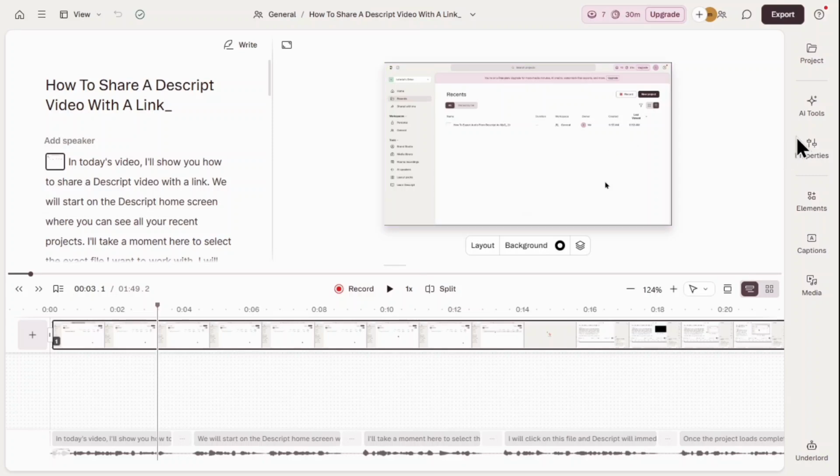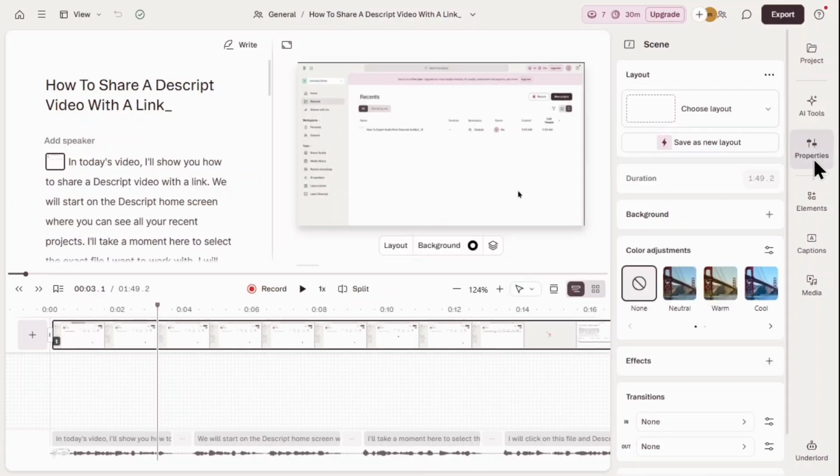Now that we are inside the main editing interface, you can see our video canvas on the right side of the screen and the transcribed script text on the left. Next, we want to look over at the right-hand sidebar where various editing tools are located. I am going to guide my cursor over to the right side and click on the Properties icon to open up the scene settings. Once the Properties panel expands, we can see several options like Layout, Duration, Background, Color Adjustments,